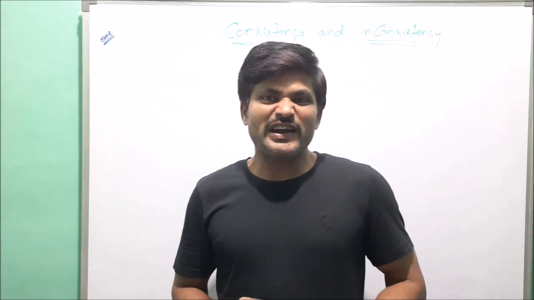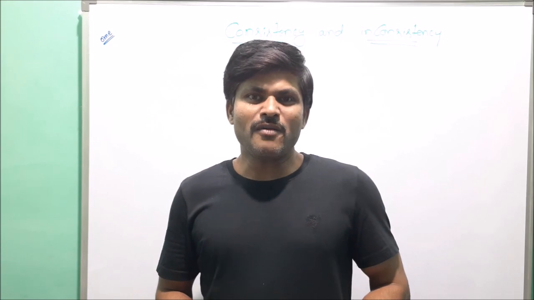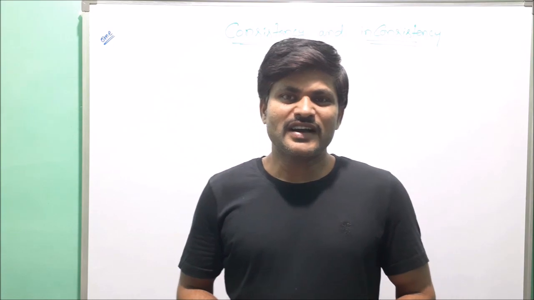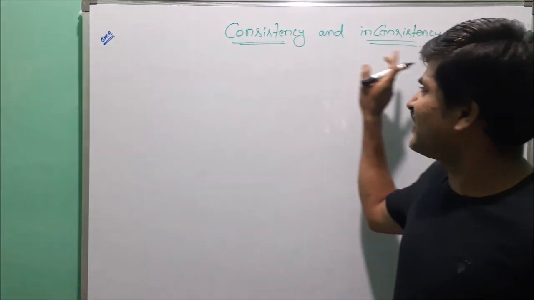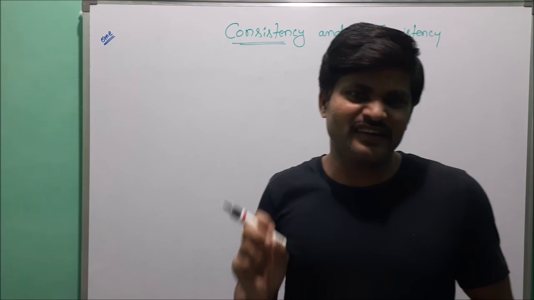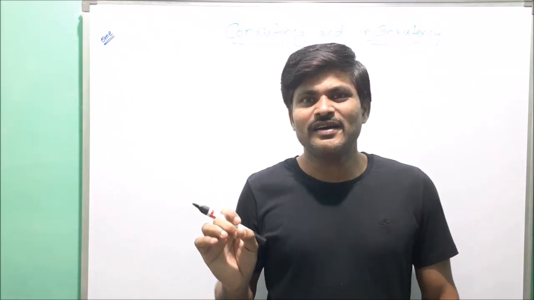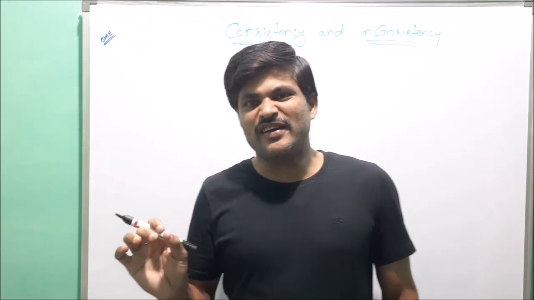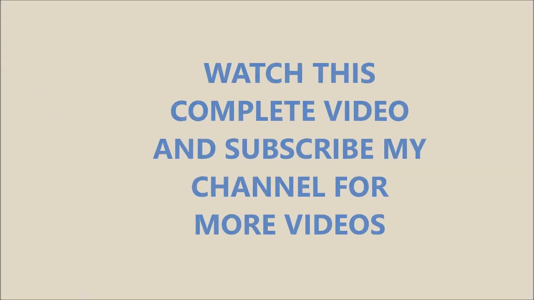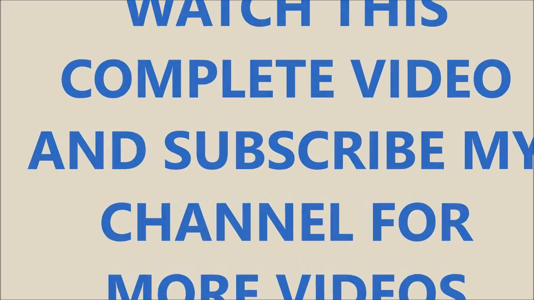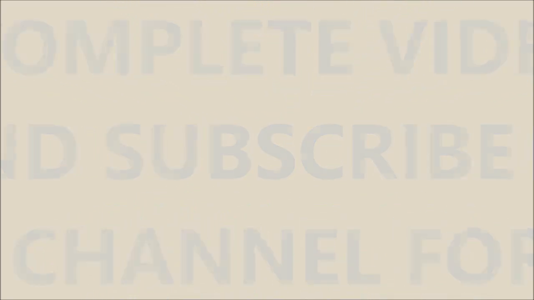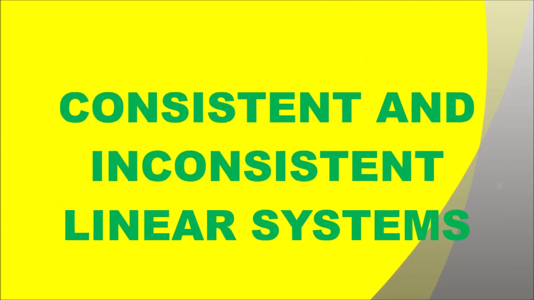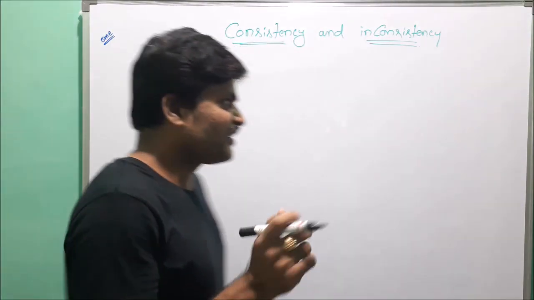In previous videos we discussed system of linear equations direct methods. Now this time we discuss the concept of consistency and inconsistency of the given linear system. First of all, let us consider one system which has n variables and m equations. Now the system is,